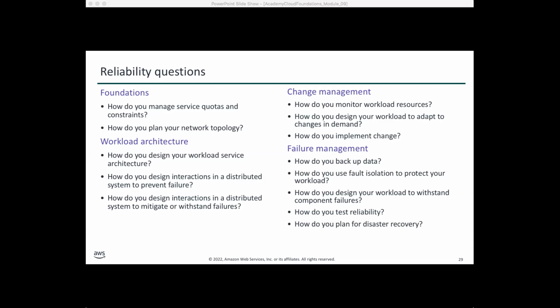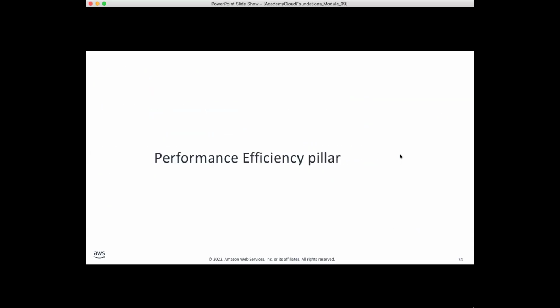We don't have to answer each of these questions before designing, but we should check whether these questions are applicable or not, right? How do we design workload to withstand component failures, and so on? How do you say that the system is reliable? How do you plan for disaster recovery if any catastrophic event occurs? So, performance efficiency